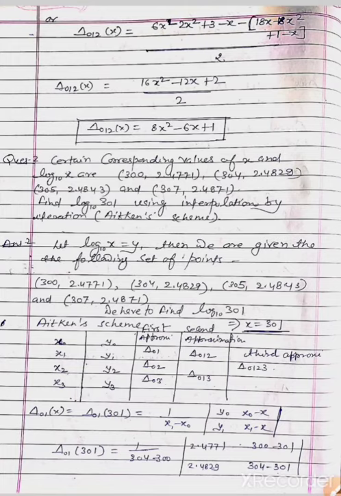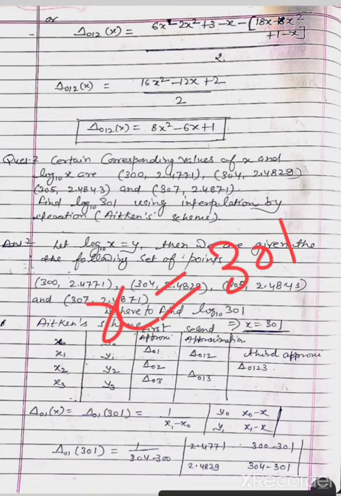As we have to determine the value of the function at the given point x equals 301, we do not have to determine the polynomial. So we put the value in this method. We put the value of x in the formula. Here x equals 301. So in the first approximation, we obtain the first approximation by considering the points 0 and 1, delta, and the approximated value